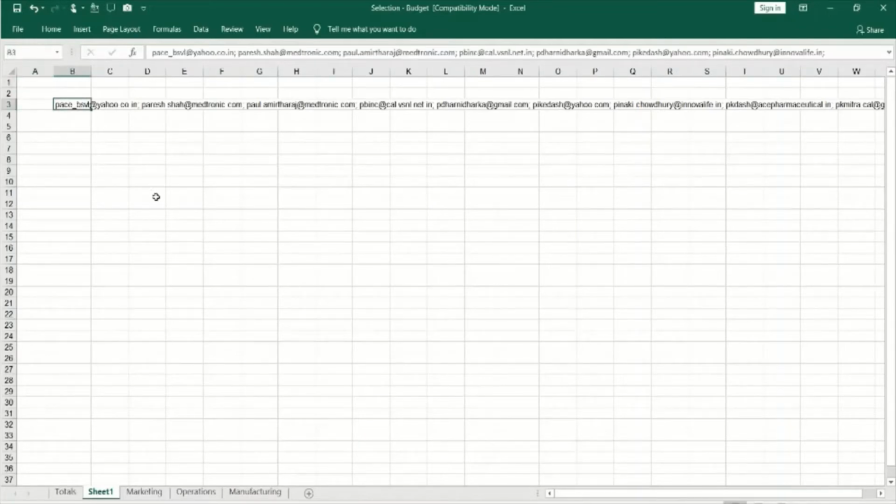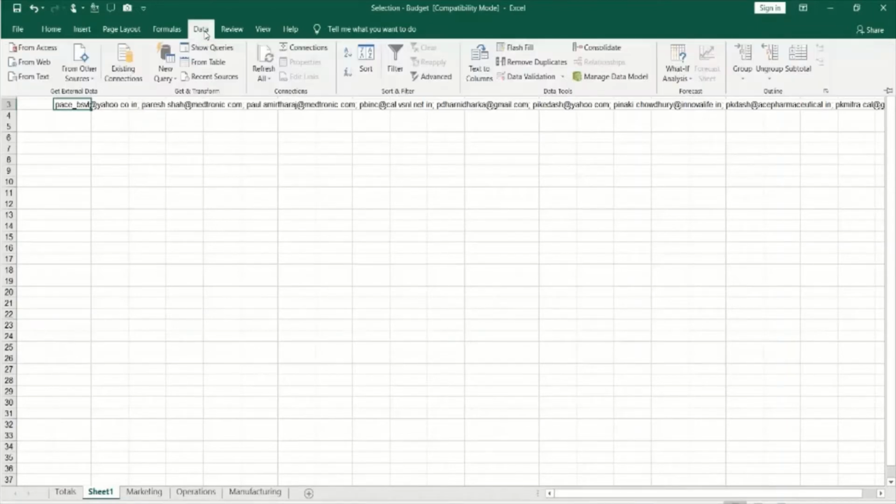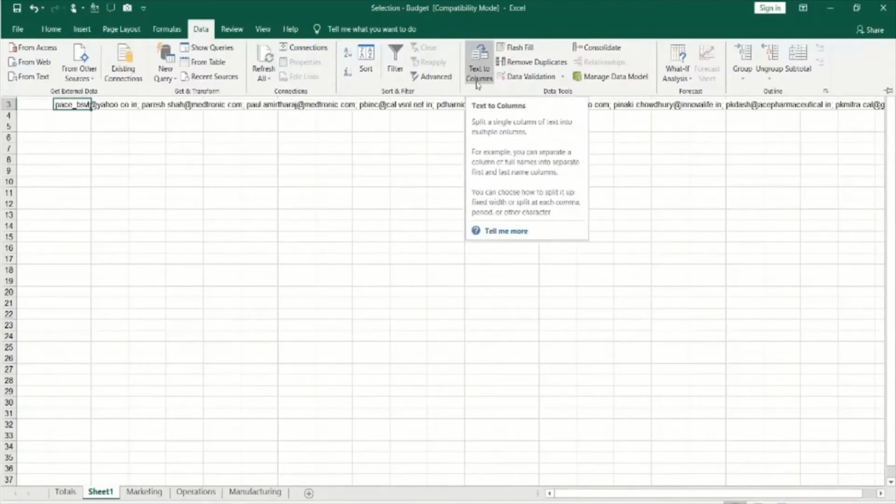I have this B3, and now I wanted to have the email ID separately in one particular cell, because I have this problem of dot and comma. I want to remove all those things. Excel provides a very easy tool to do that. Go to Data. There is an option called text to columns. If you're using different versions of Excel, the same features would be available, but it could be in a different display format.